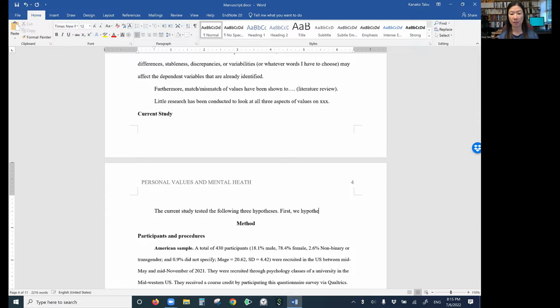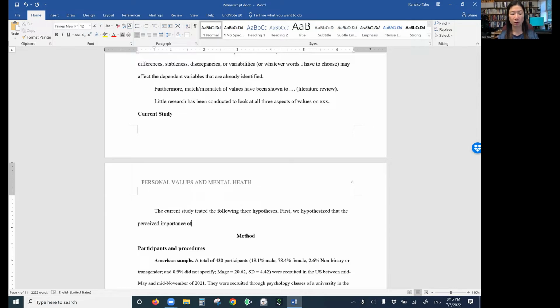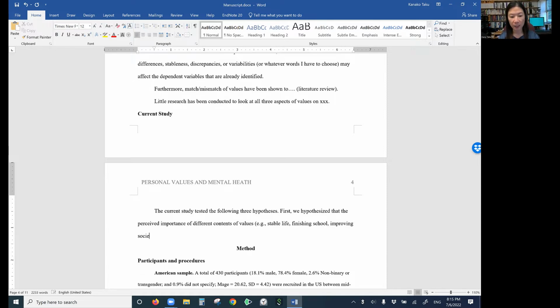First, we hypothesized that the perceived importance of different contents of values, for example, financially, or more like a stable life, or maybe finishing school, or improving society, that kind of thing, different types of values, which value is considered important should vary across cultures. So that's one. And then second, we hypothesized that